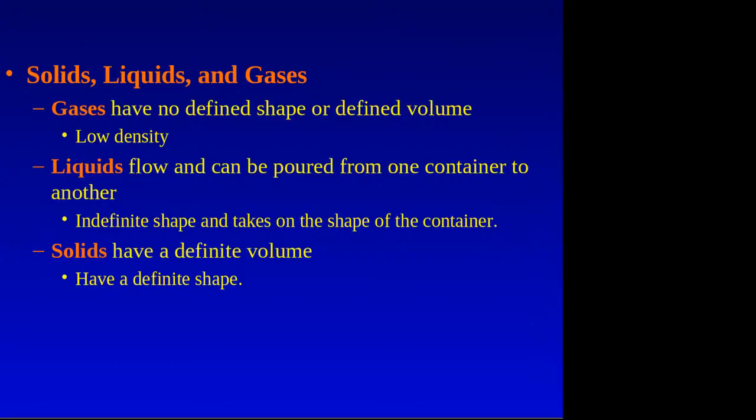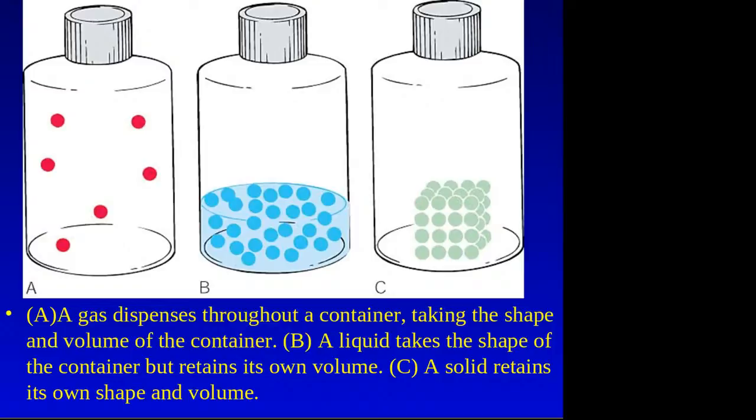So we have metals and nonmetals, and then, well, is it a solid, liquid, or gas? And there becomes this thing next to that, well, at what temperature? And so if we were to put these in a fixed container, these would be the differences, right? The gas disperses throughout the container in A. The liquid, due to gravity, falls down to a level trying to fill its volume in the container. And the solid holds its form.